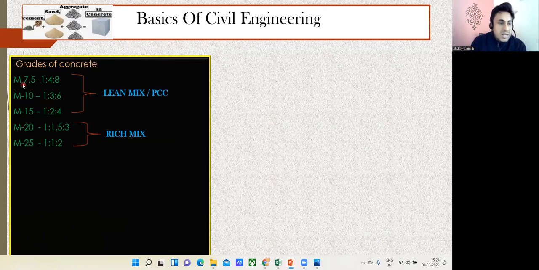But just concentrate here on the M7.5, M10 and M15. We call this particular concrete lean mix, or usually we use them in the PCC. Now what is PCC? PCC stands for plain cement concrete. We'll try to understand this in due course of time. As of now, try to understand PCC stands for plain cement concrete. So whenever you want to do some inferior quality of work, that means normally if you want to put some bed concrete and all, in that case we can go with this grade of concrete like M7.5, 10 or